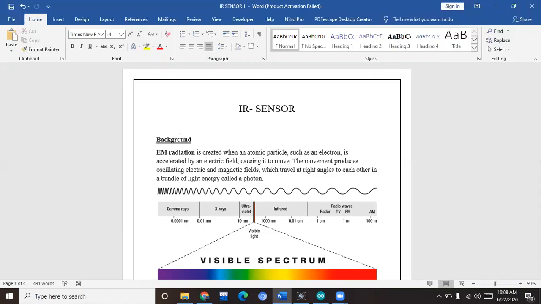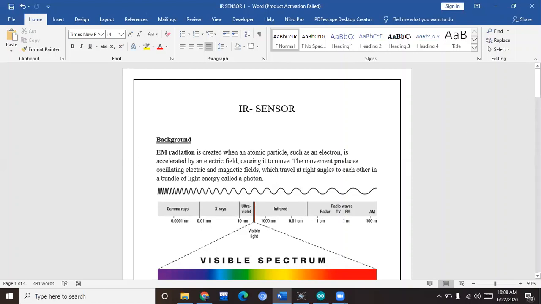Electromagnetic radiations lie from gamma rays to X-rays, ultraviolet, infrared, and radio waves, and many more. So how are these actually produced? Basically, when a charge is moving in a straight wire, it produces its own electric and magnetic fields. Those electric and magnetic fields propagate away from the source, and these waves are known as electromagnetic radiations.